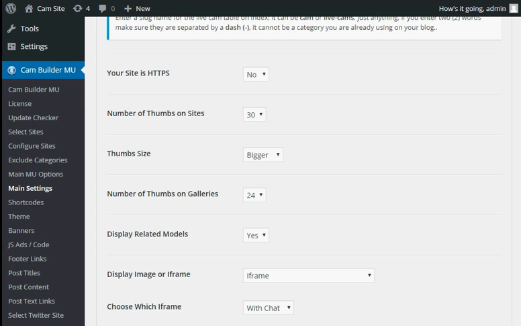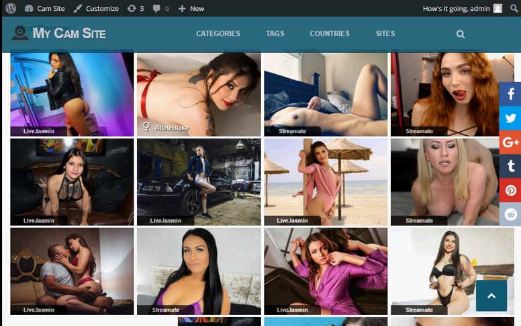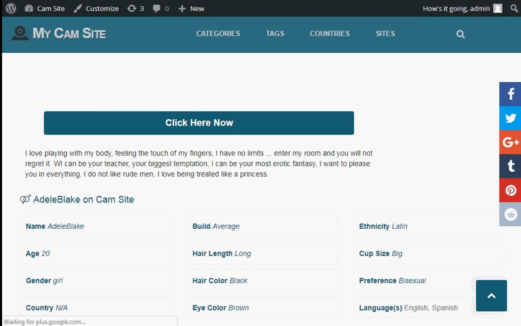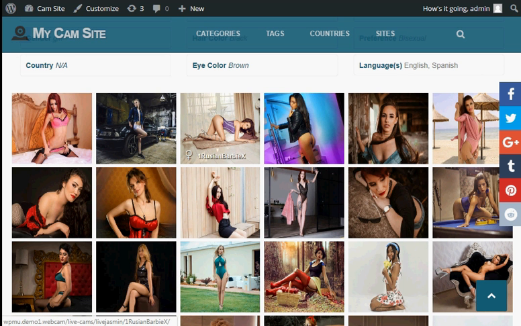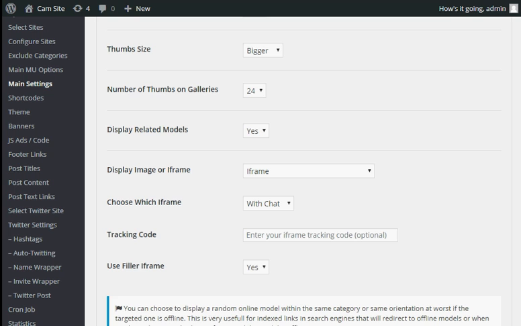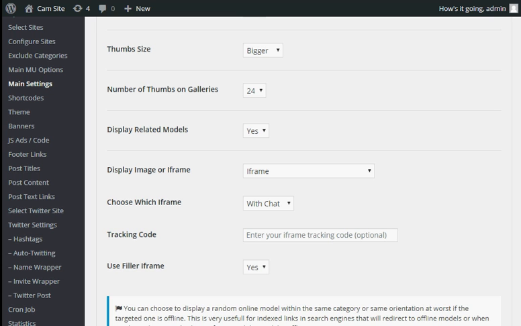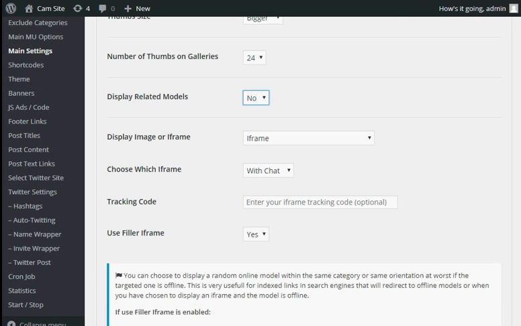The size of the thumbs. When you click on a gallery, leave that open, I think. Number of thumbs you wish to display there. Okay, related models. You'll see if I mouse over a thumb, it's the URL of another gallery inside my site. This is called display related models. If I wish to select no,